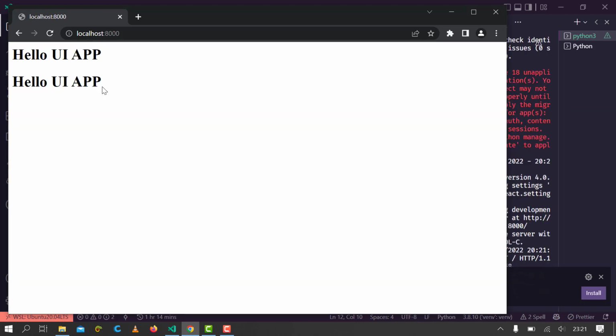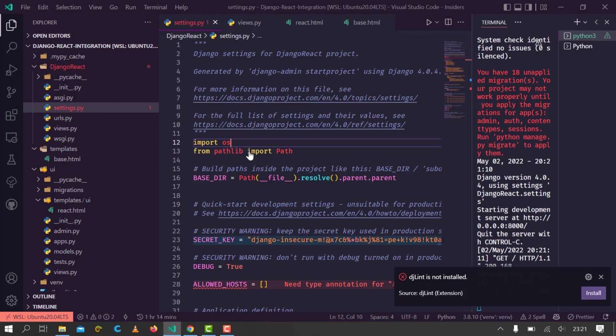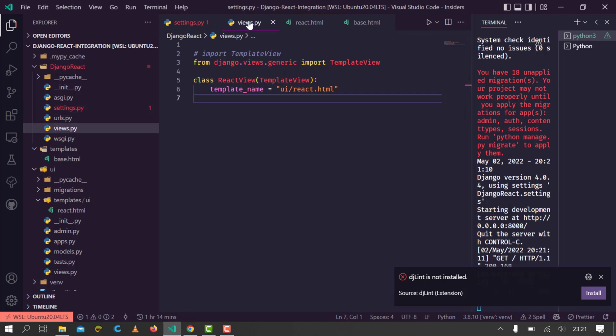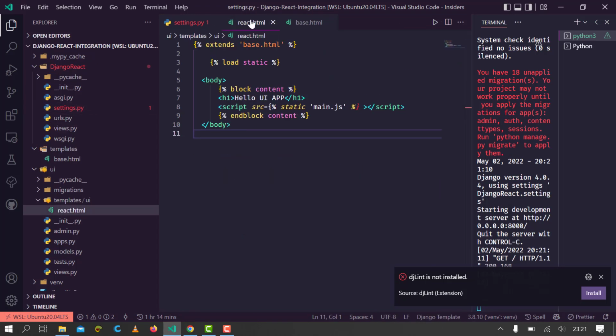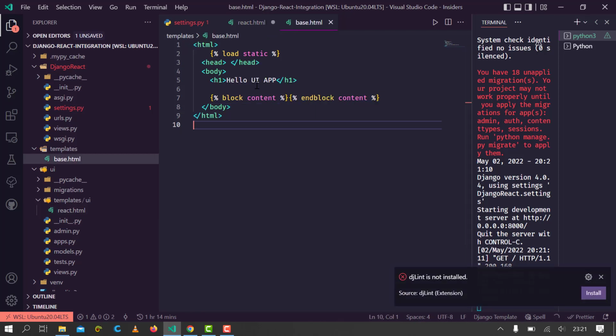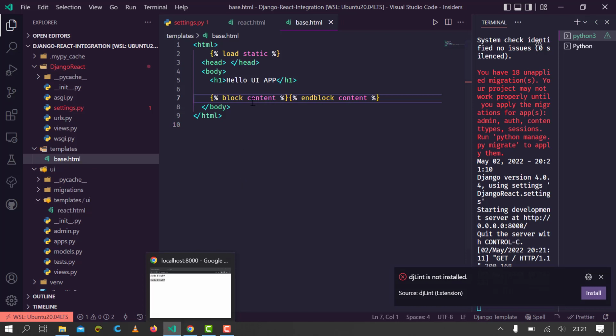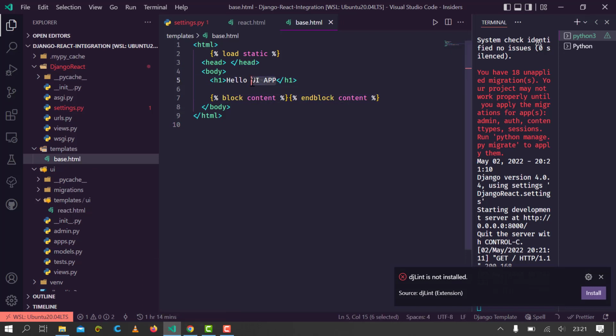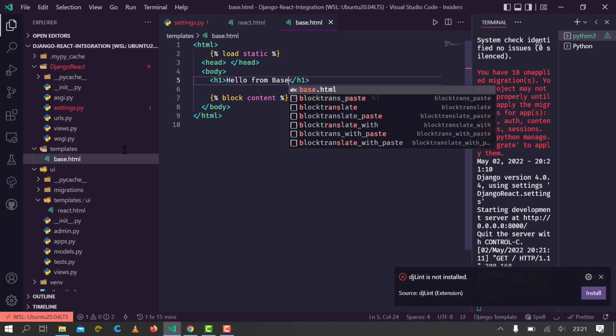Let's check why. I'm going to close this. In the React we have hello UI app, so we don't need to have this in the React app. It needs to be in the main so that we know. Okay, I'm actually going to say hello from base. Okay, now what we need to do after this is that we need to come and install React